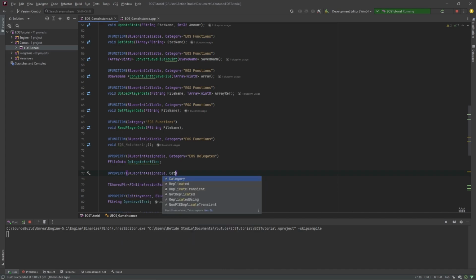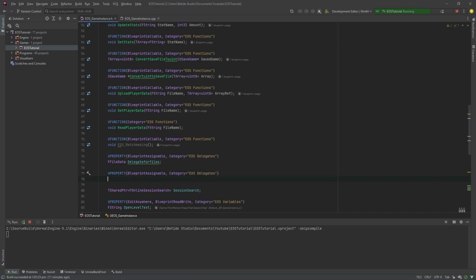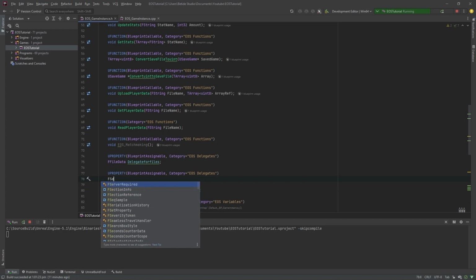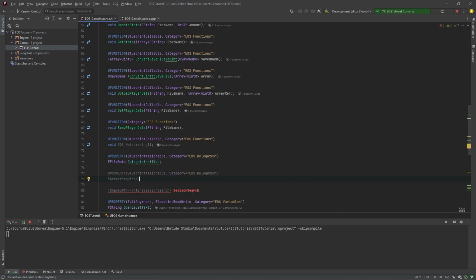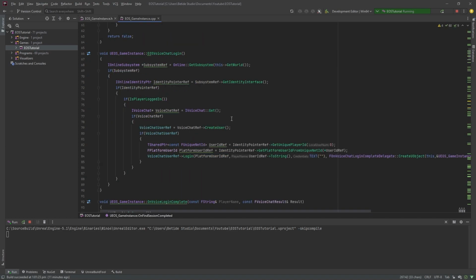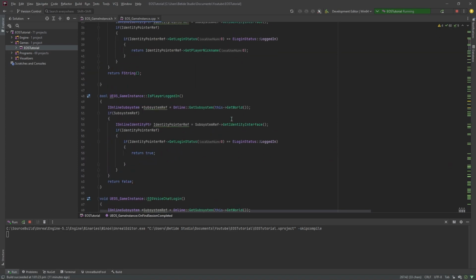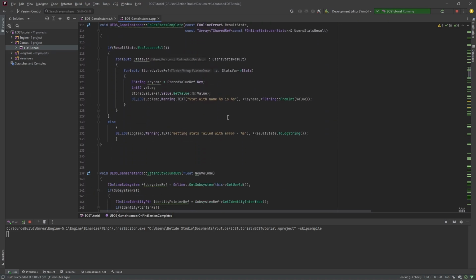Again, the category should be EOS delegates, and this should be F server required and Playfab server required. Now you can just go to here, and the place where we have this thing,